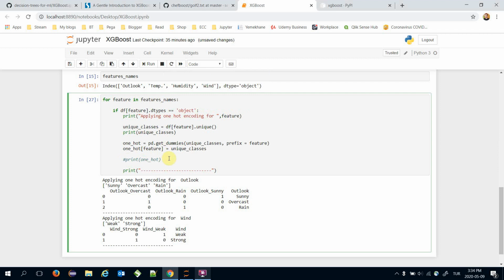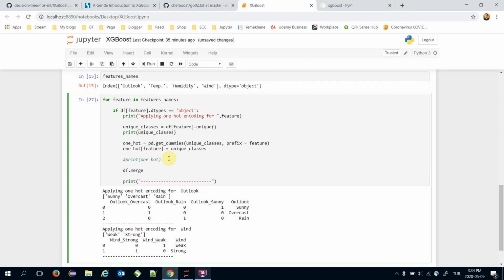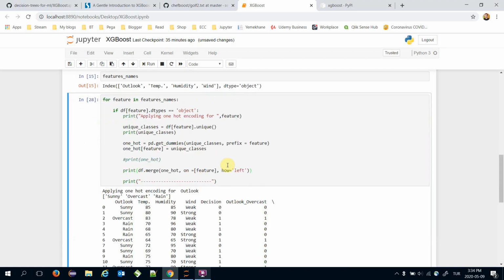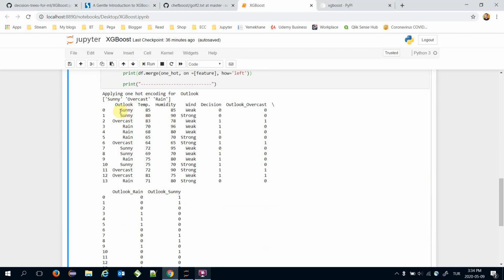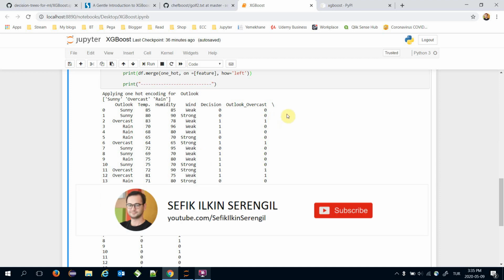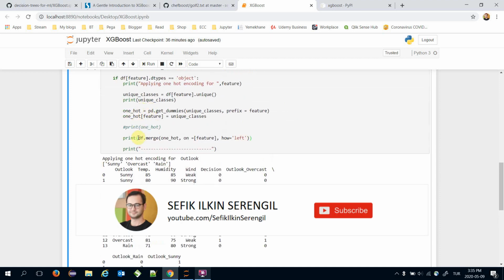I deactivate this printing line. I'm going to merge the raw data frame with this one-hot data frame, and its common column will be the feature. And let's apply a left join here. Let's print this. For example, in the first item of the data frame, the outlook is sunny, and its outlook sunny feature will be 1 and the outlook rain feature will be 0. One-hot encoding is applied, but